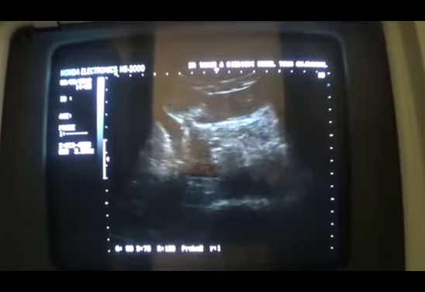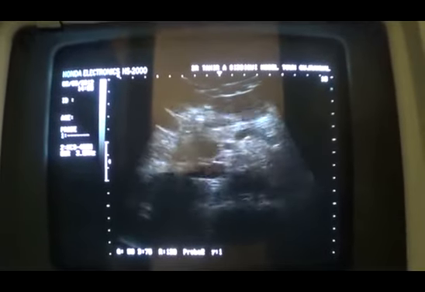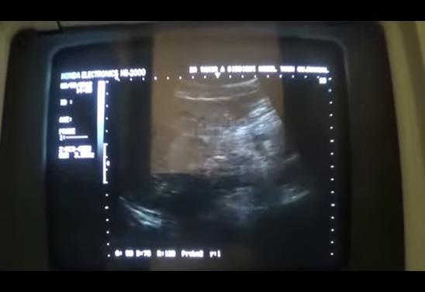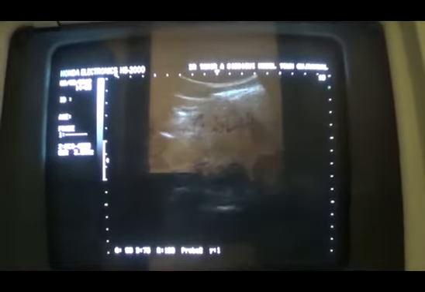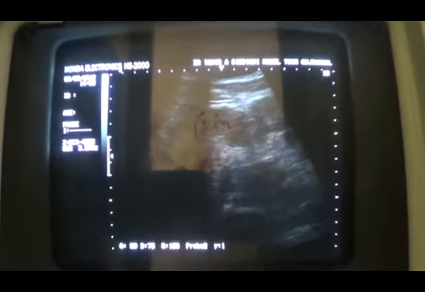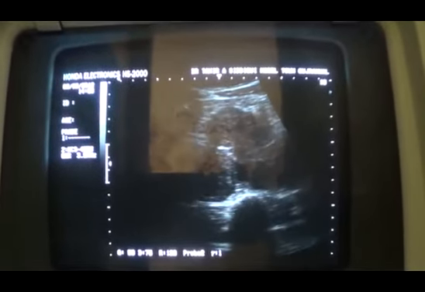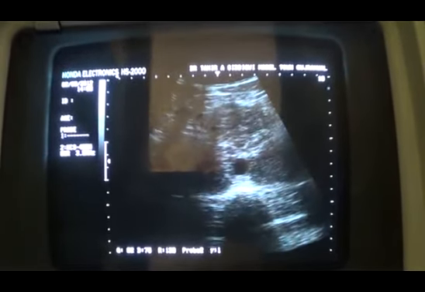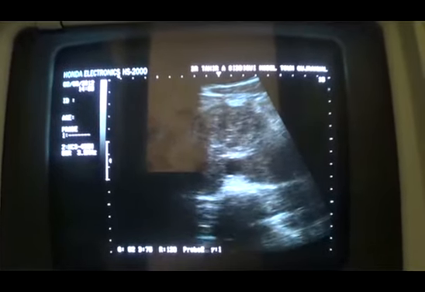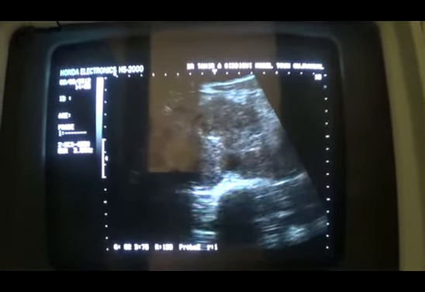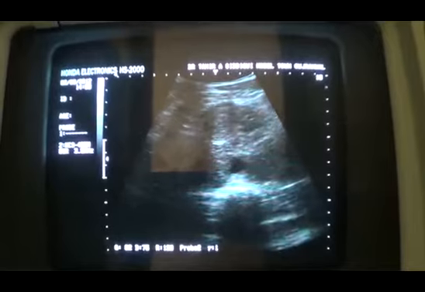This is the splenic vein, this is the artery. So no abnormality, but from here downwards you start getting these well demarcated hypoechoic solid masses that are either large lymph nodes or retroperitoneal pathology,